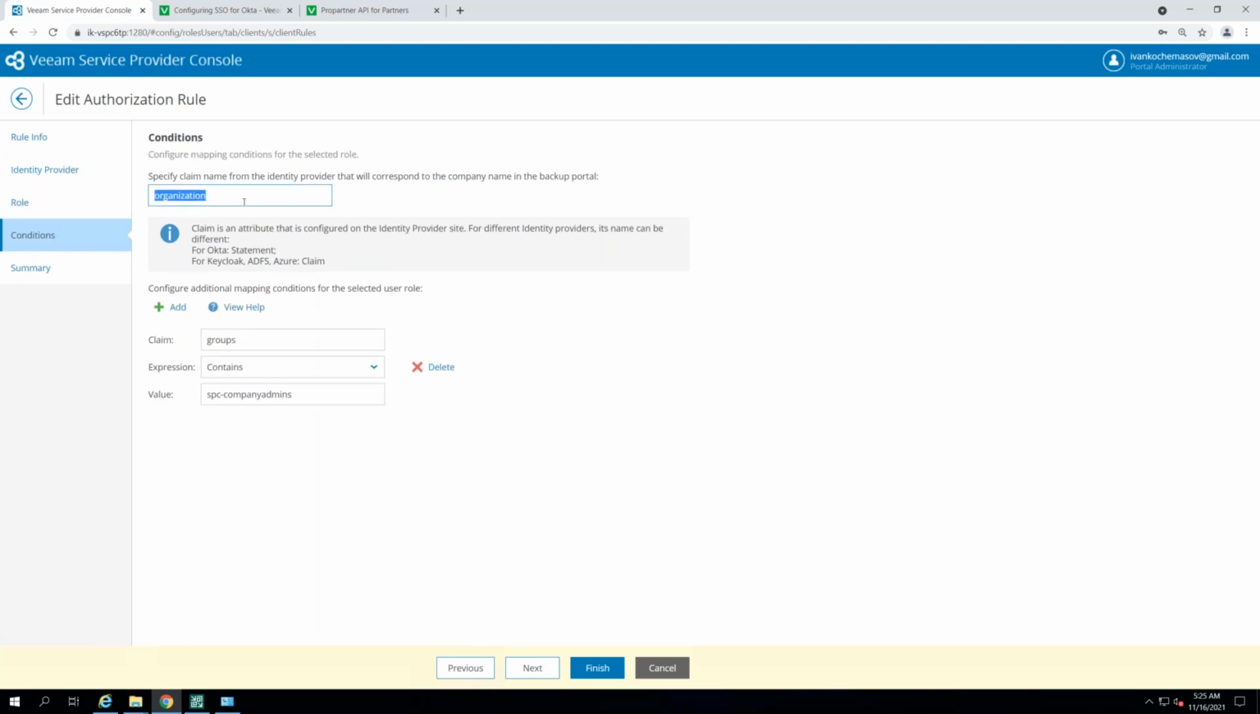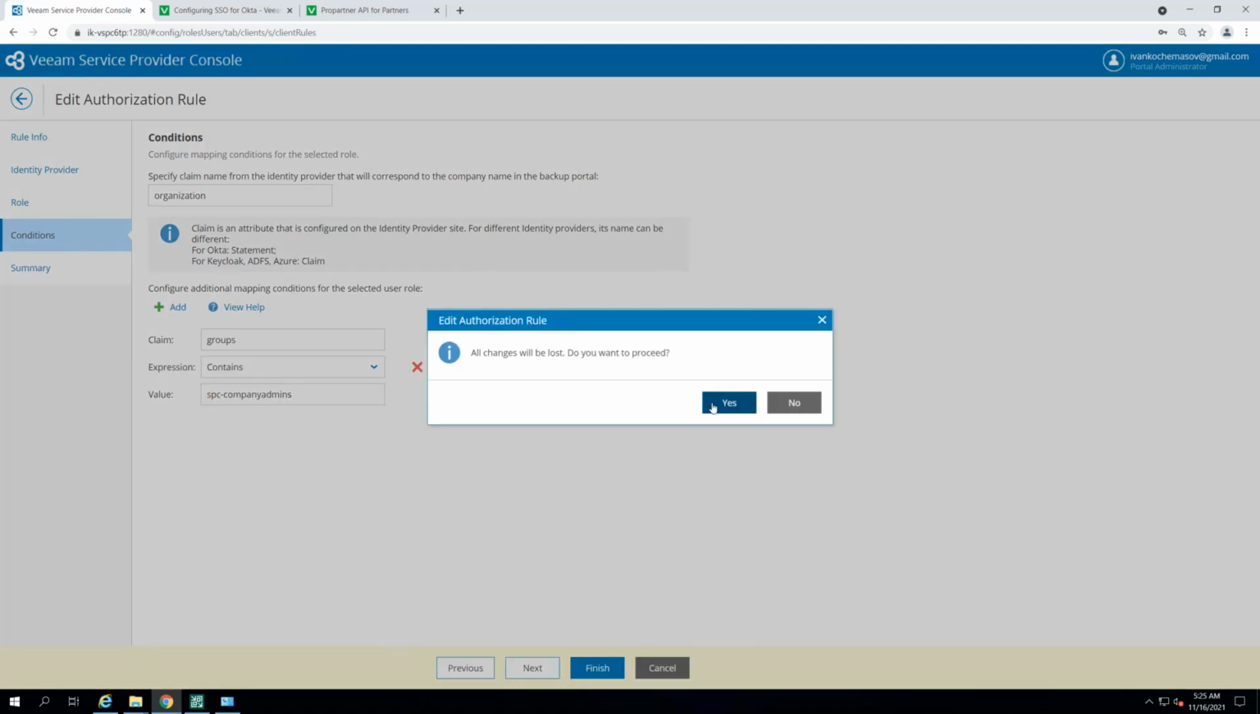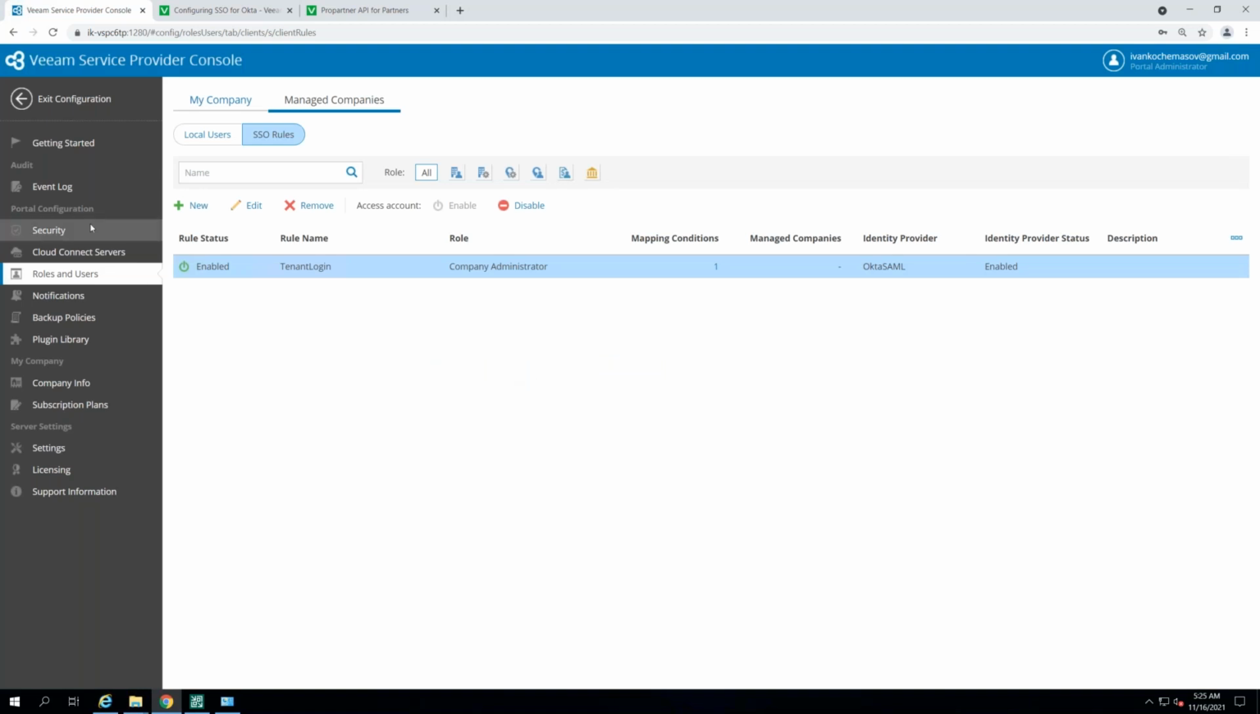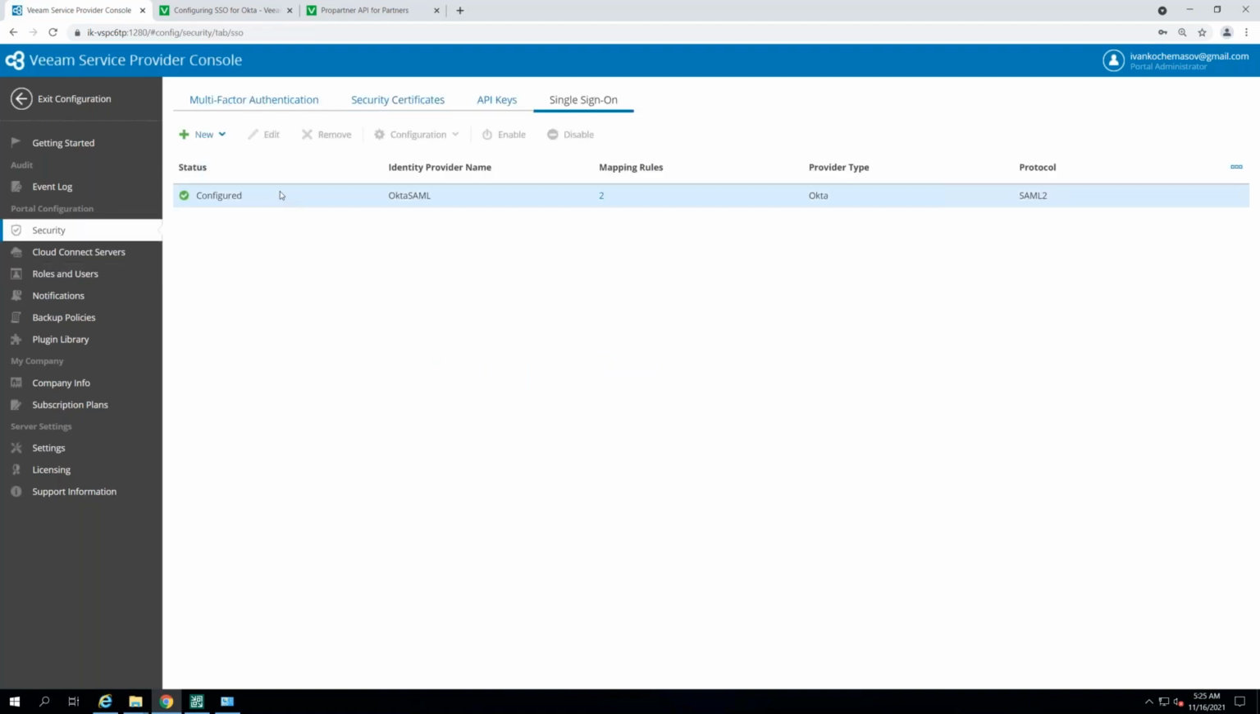Yeah, so we check that the organization is the same as one of the companies in the service provider console. So tenant one, let's say, it also says tenant one in Okta. And groups belongs to, for example, company admins, right? So as a result, we have our SSO configured, and now you can log in without using local credentials, Windows